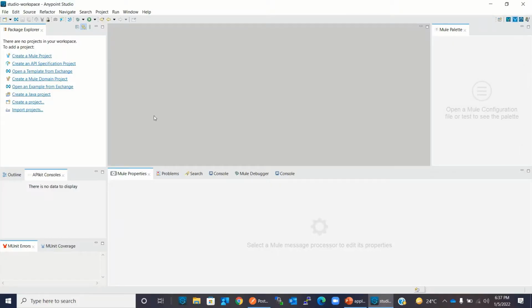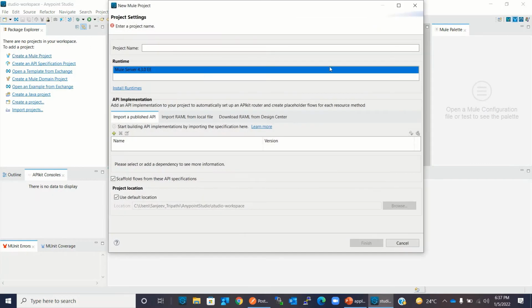Now I will demo how to use the Raise Error component and how to configure the application global error handler in a Mule application. I will add a Mule project and give it the name shopping card app.